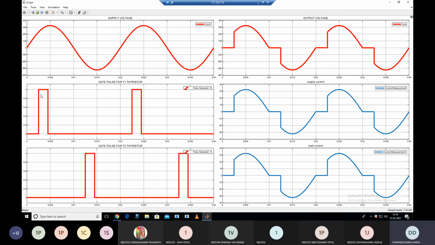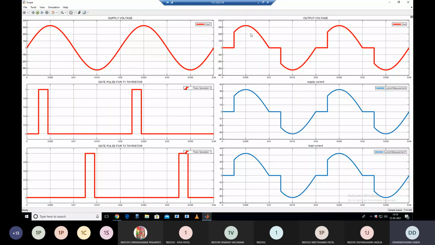And as you know, once the thyristor is on, it remains on up to the next zero crossing. It will not turn off if you remove the gate pulse. Clear? Because here we take a real thyristor, not an ideal switch. If you use an ideal switch, then you need to provide a continuous gate pulse from 45 degree to pi. But here I take the thyristor, so once you apply the gate pulse and it is on, it remains on up to pi. Here you can see the gate pulse of one thyristor. This is the gate pulse of the second thyristor, at 225 degree, pi plus alpha.